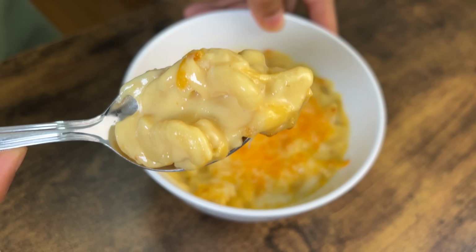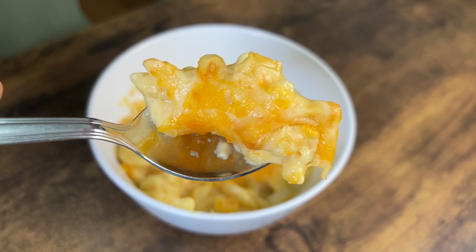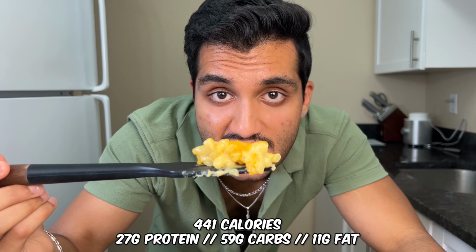That's gooey. It's golden brown and bubbly on top. That cheese crust is the best part. You only spent like 10 minutes doing this. Most of the time was spent in the air fryer, so like 10 minutes of actual work. 441 calories and 27 grams of protein in this entire bowl. That's pretty freaking good. Pair it with some chicken breast to amp up the protein even more, but it's cheesy